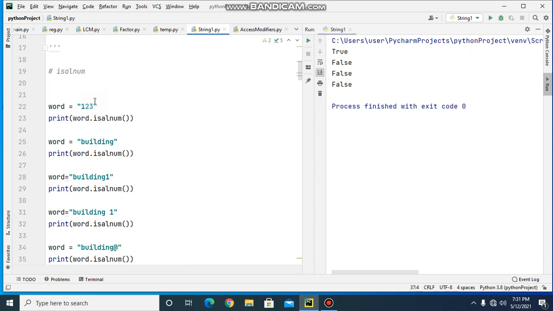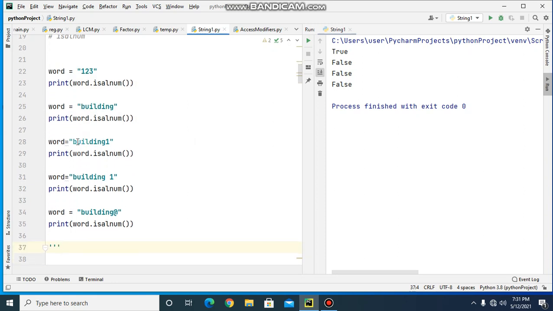So here we have numbers, so it will return true. Then in the next case we have only alphabets, so here also it will return true. Then we have a combination of alphabets and number here, that is building1. So here also it will return true.